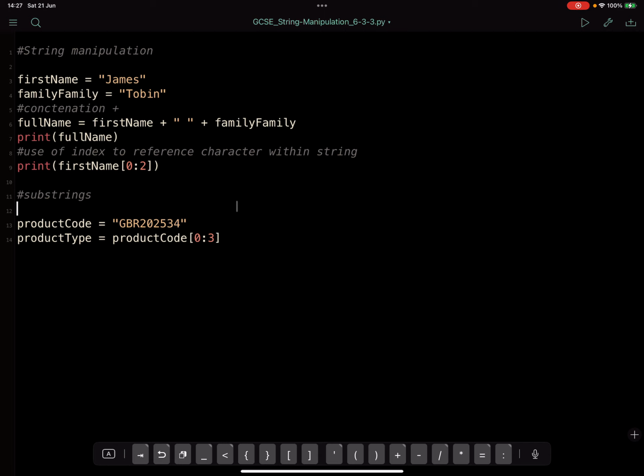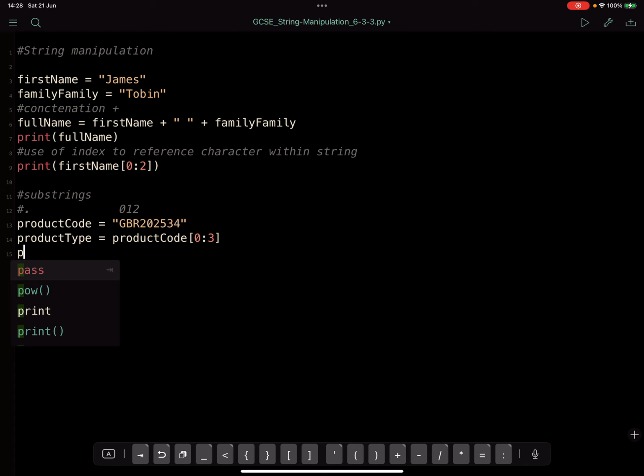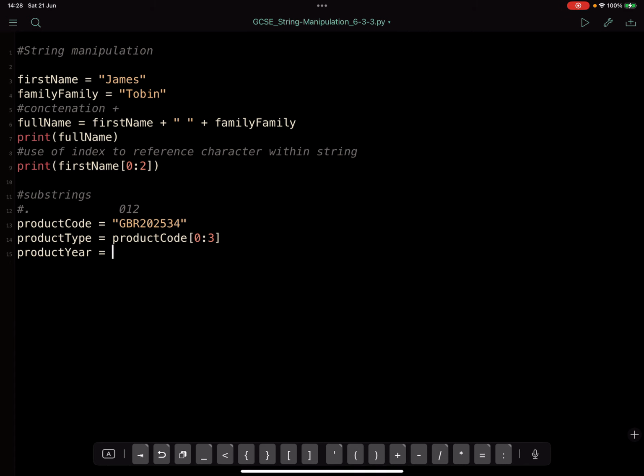So if I just make it super clear for you, G is at position 0, B is at 1, R is at 2, and I'm stopping before I get to position 3. So we just do 0, 1, and 2 because they're 0 indexed, right? So then what I could say is, what's the year? Well, I've got 2025 in there, so I could say product year equals